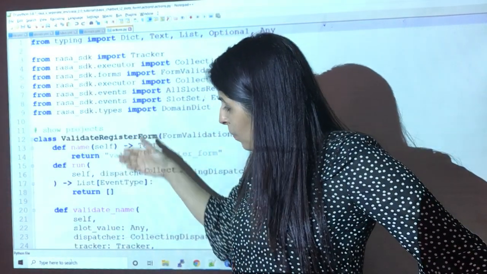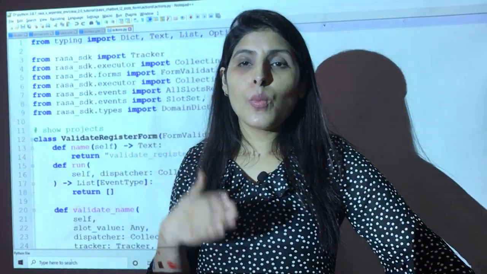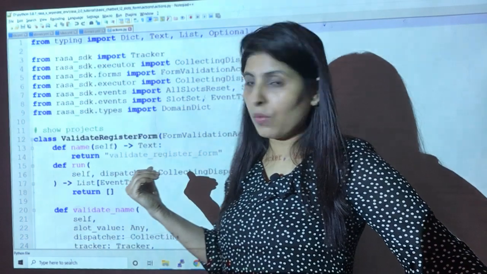What is the purpose of this class? The purpose of this class is to validate whether the slots we are requesting from the user are filled, whether that information is provided by the user or not. So we are just validating whether that data is there in the slots.